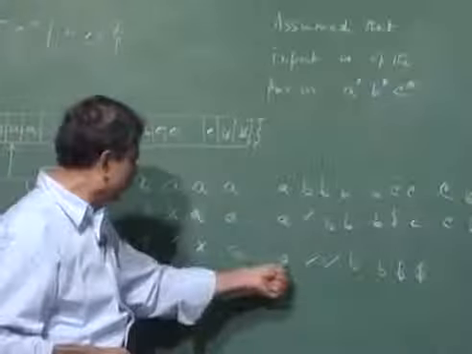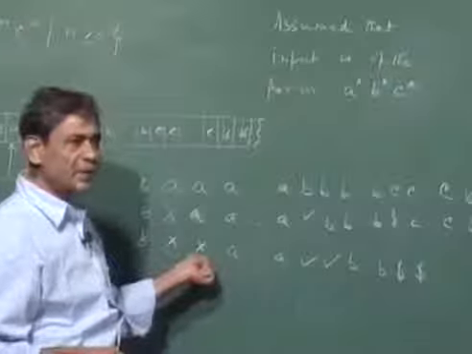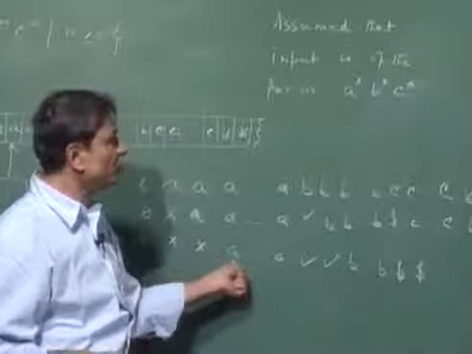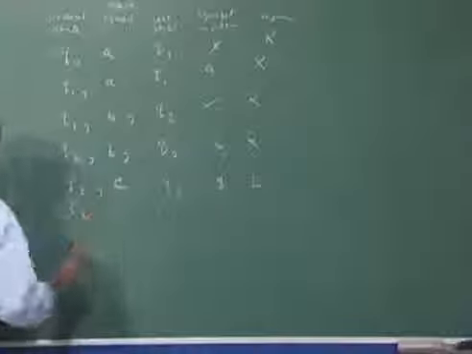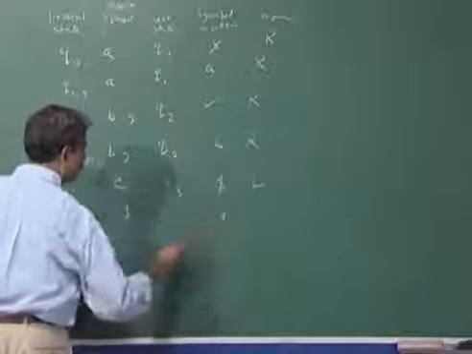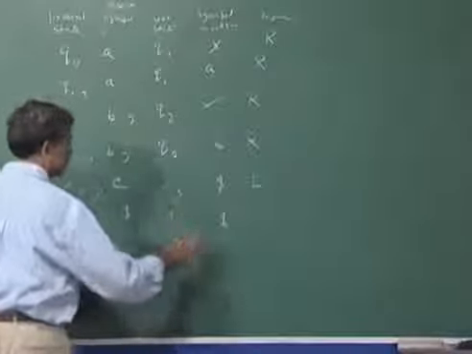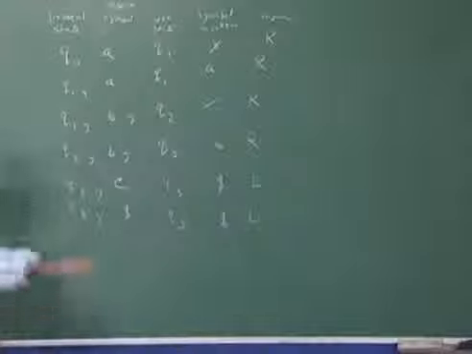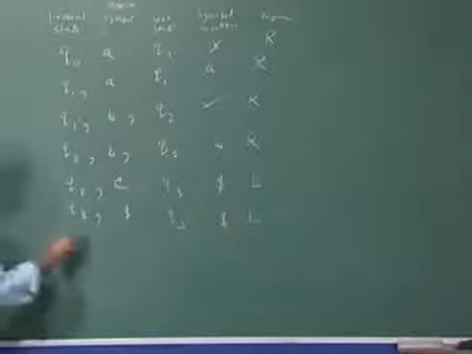So, it should come all the way till it sees a cross and then move to the right. So, basically in Q3 if you see a dollar, you print a dollar, remain in Q3, still keep moving to the left, and in Q3